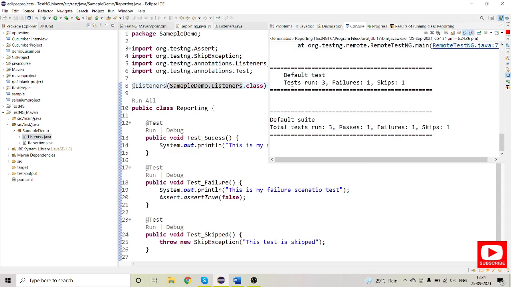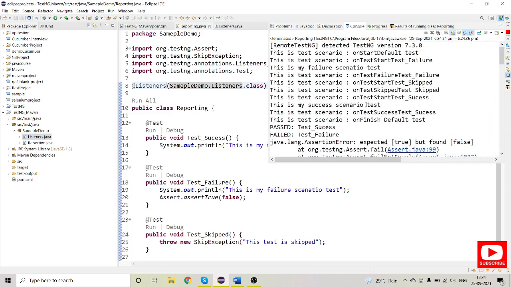Now you can see there are 3 runs, out of which 1 failure and 1 skipped, and at the bottom in the suite we have 3 tests: 1 pass, 1 failure, 1 skipped. Right, these are the expected results. Now you can see in the console log there is a message given. What is happening here is this test scenario on test start. Then we are executing a test here, and again we have test scenario on start.